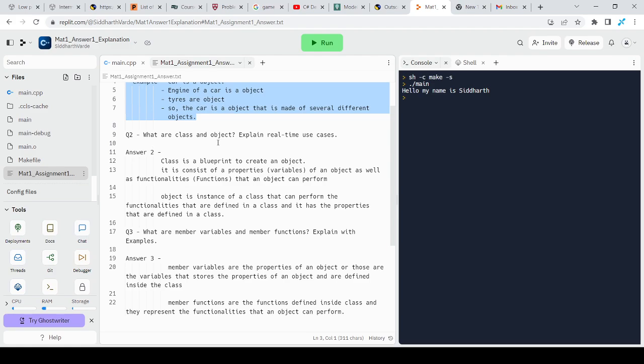Okay, so the second question: what are classes and objects? Explain real time use cases. A class is nothing but just a blueprint that defines what the object's functionalities and what the object's properties are. Let's say a real time example. Let's say there is a class named player, and the player can